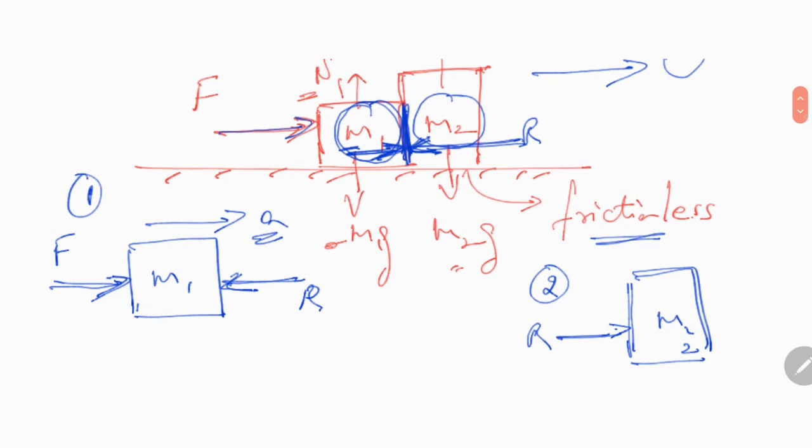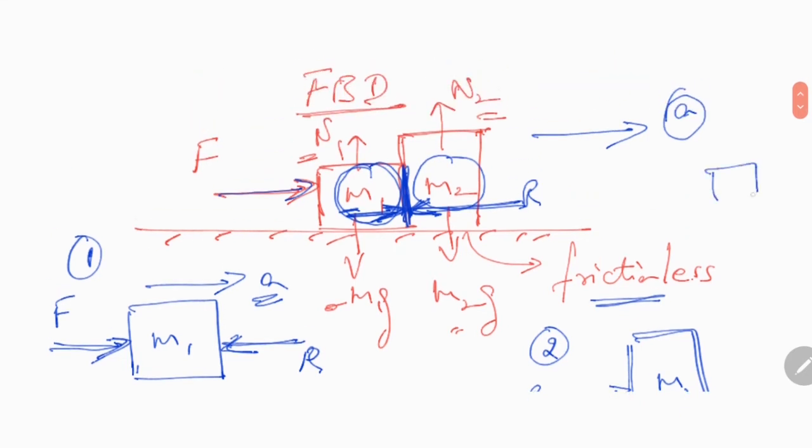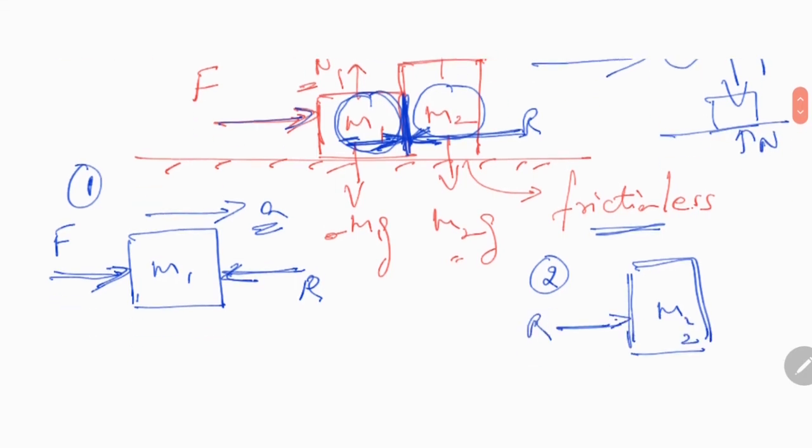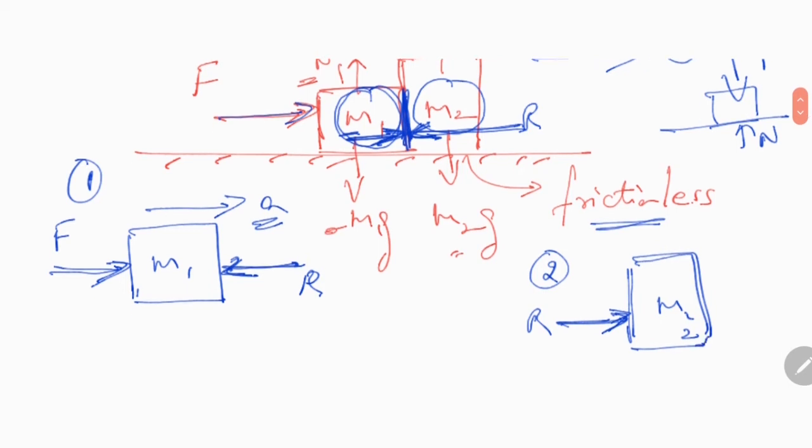If this is confusing you, it is very similar to our body which is on the ground. So when you have mg acting upwards, you will have a normal reaction acting downwards. So all forces acting in the corner will be opposite to each other. So if there is an R acting from the right to the left side, you will have a force of same magnitude acting from the left side to the right side, that is trying to push M2 towards the right hand side.